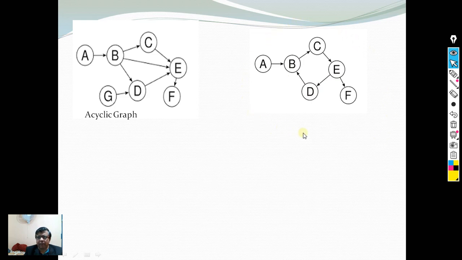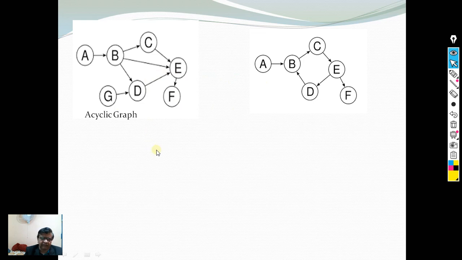In water flow problems and transportation network problems, loops are desirable or will come automatically. This is the graph, this is the way it is modeled. Whenever we are planning a schedule through graphs, we should not have any loops over here.